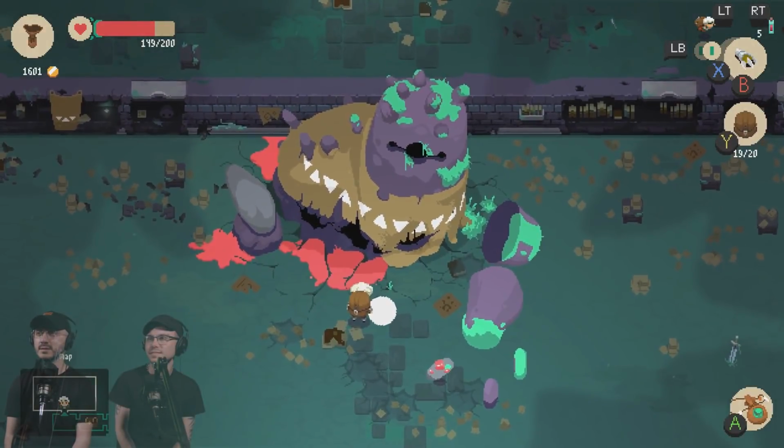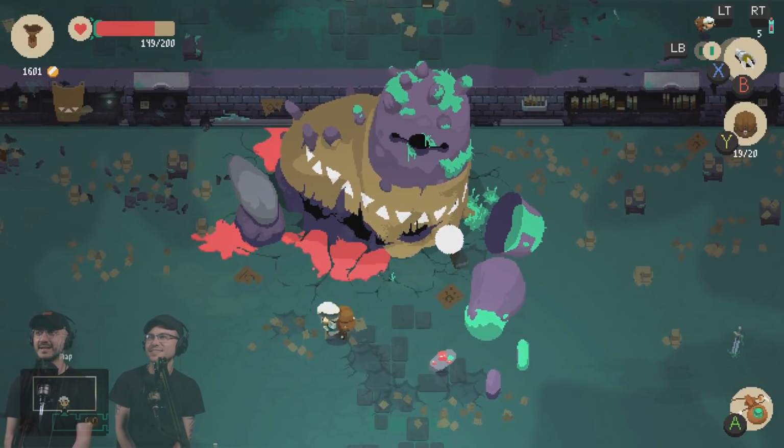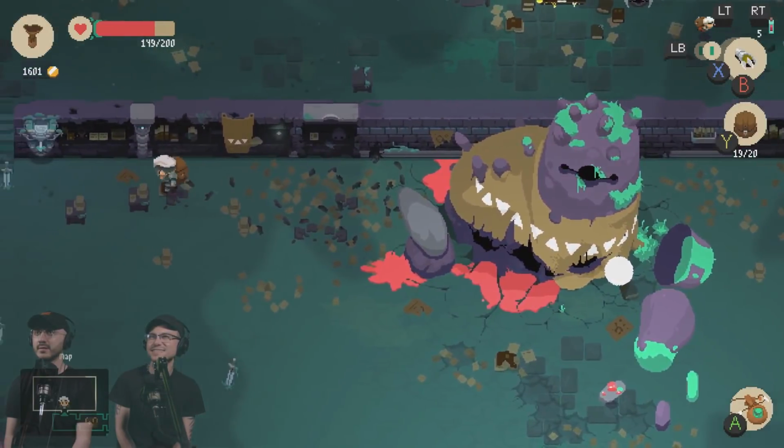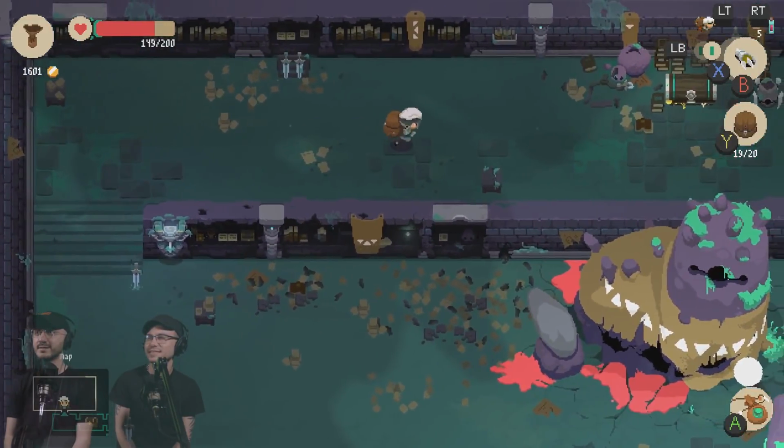What is this? I don't know, I don't think... an eyeball. It just is cool. Make sure you go back there and get whatever is in that chest. Is that what you're supposed to do? Okay. Oh boy! Oh boy! Oh man, this is...